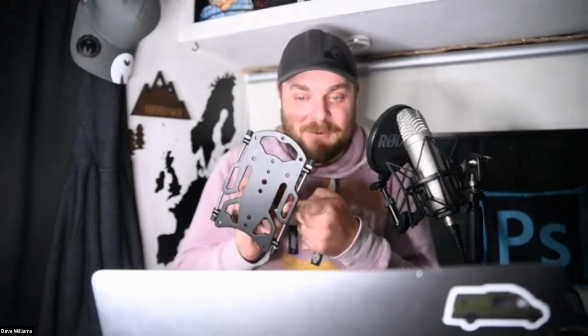I'm trying to find good use cases for that, but I've been told there are some. You can put a loop through here, so you can attach it to a tree or a lamppost, or even something bigger, like the bonnet of a car with the plate that goes underneath. But the thing that's blown my mind about this...